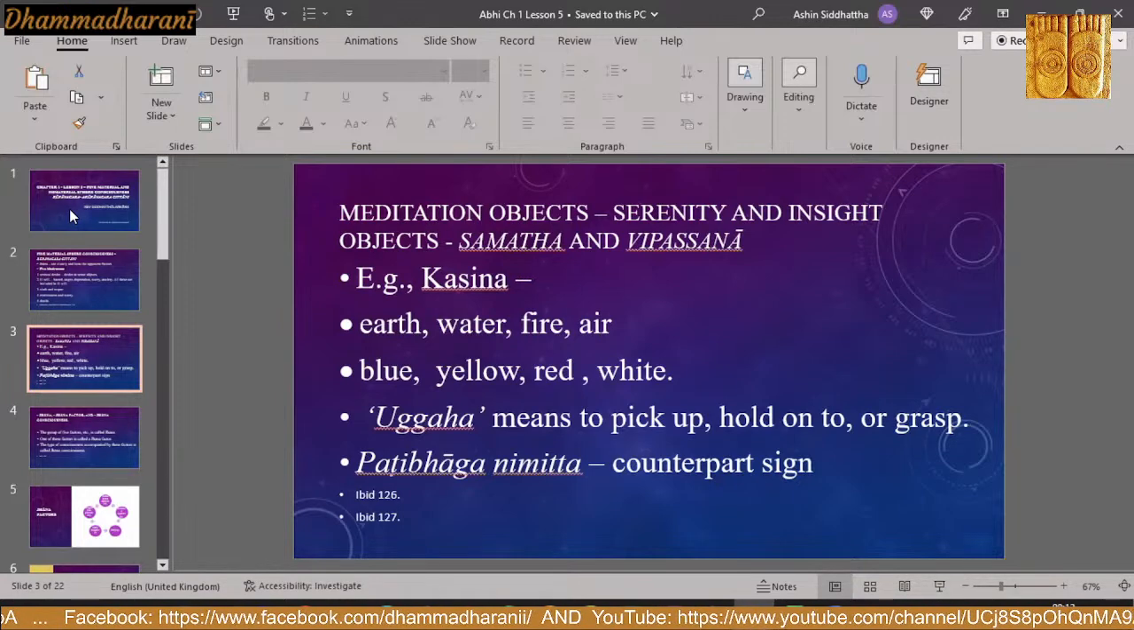I took the example of the element kasinas and the color kasinas. So: earth kasina, water kasina, fire kasina, air kasina. Regarding color kasinas, there are four: blue kasina, yellow kasina, red kasina, and white kasina. When someone is practicing meditation, I mean samatha meditation,